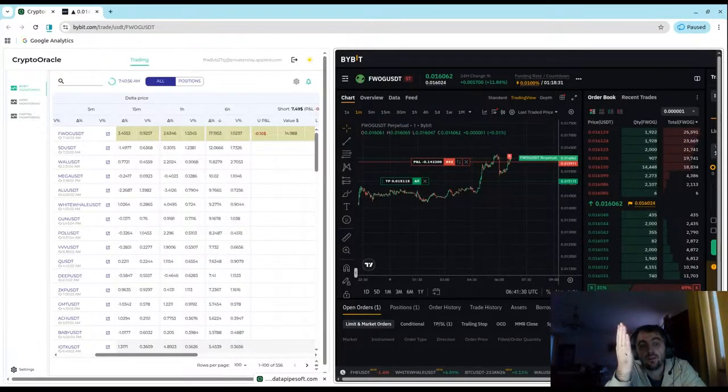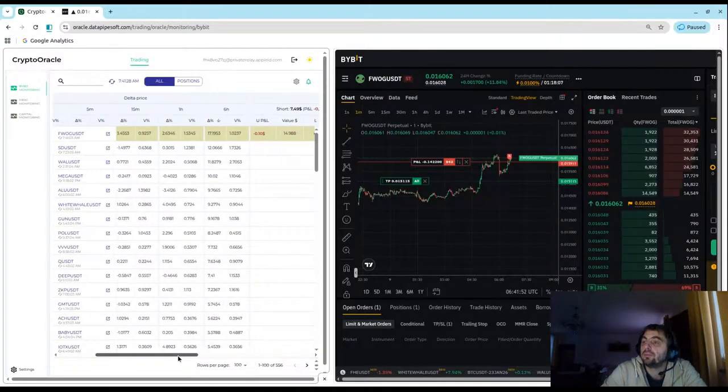So the main point is your entry point, right? When to enter. Nobody knows, right? So you have to have a system which is signaling you when to enter. And this is why the mobile application is constantly sending you alerts like this asset moved that amount of percent and so on.